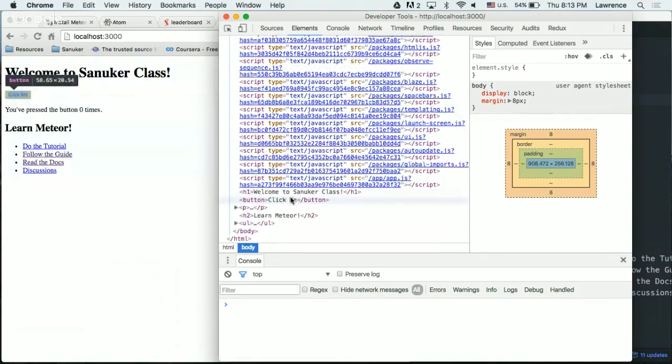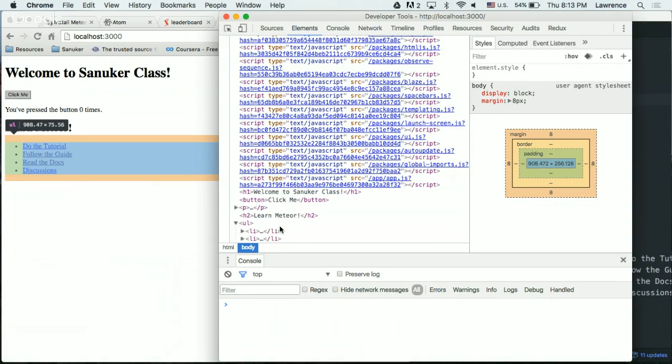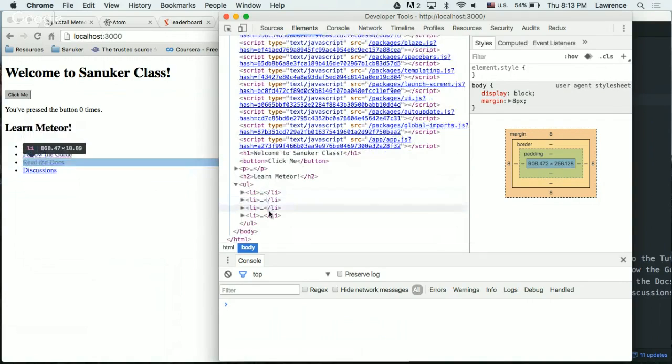Later on here, you can see this is the H1 that you just typed in, and when you hover your mouse on there, you can see it will highlight on the website. And then a button, this is called button. There's something called P, and then an H2, and then you can open the UL, and each of the LI is corresponding to something.